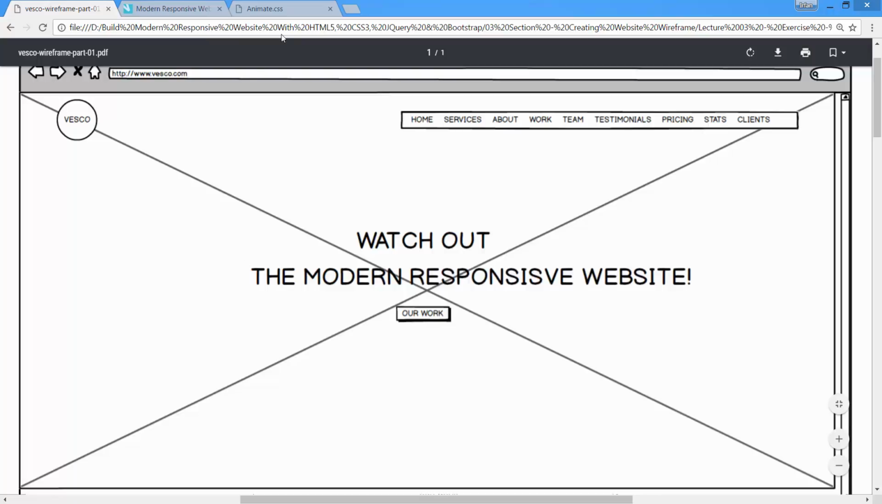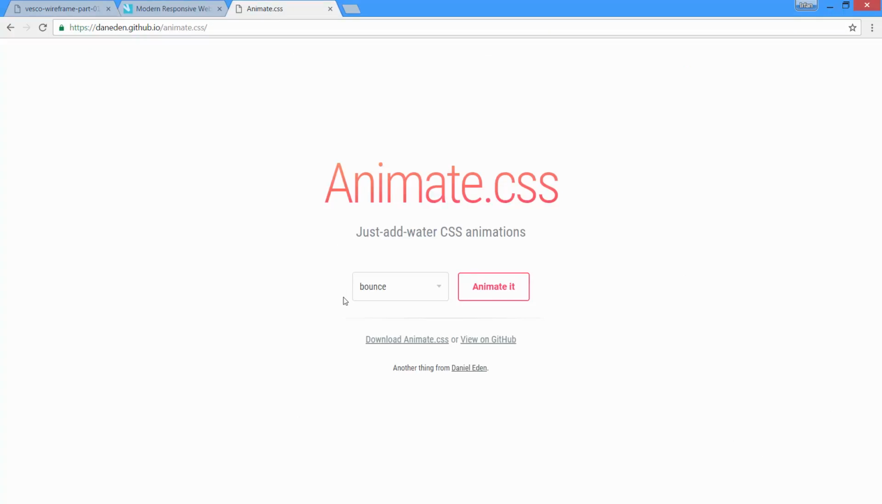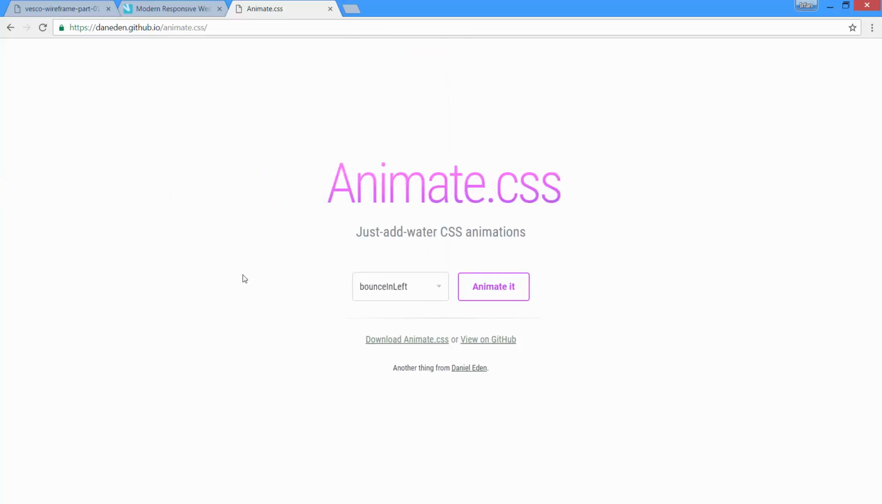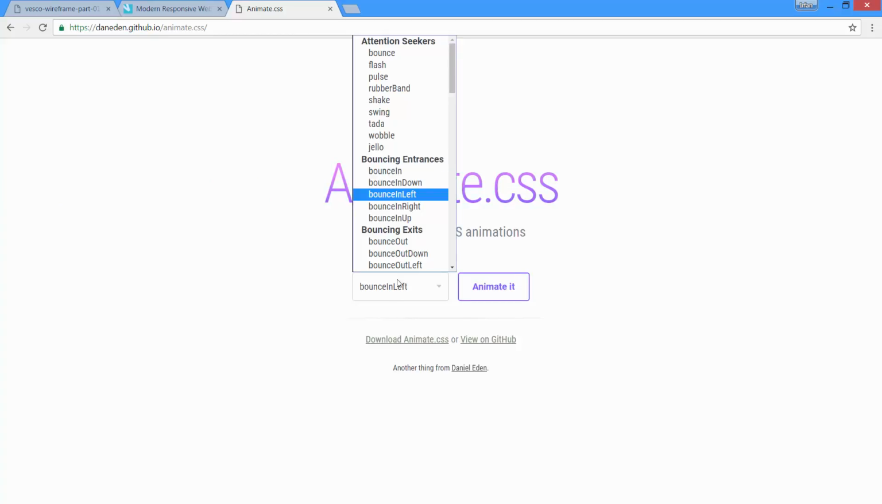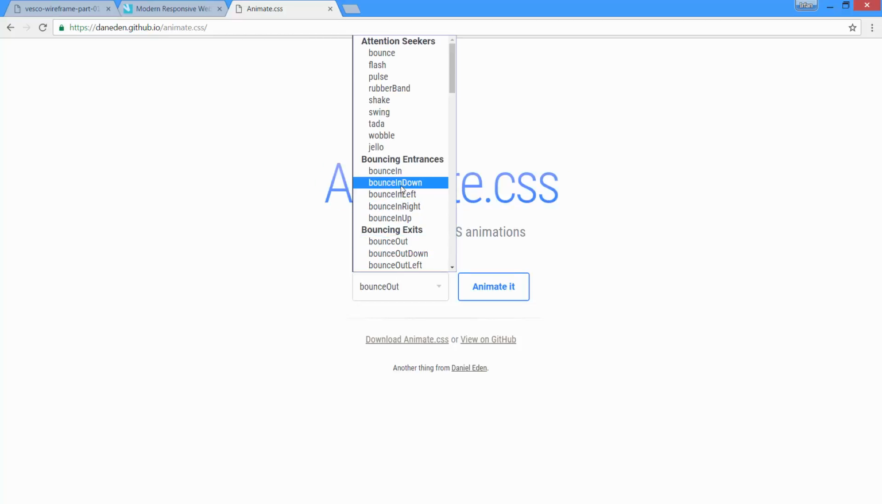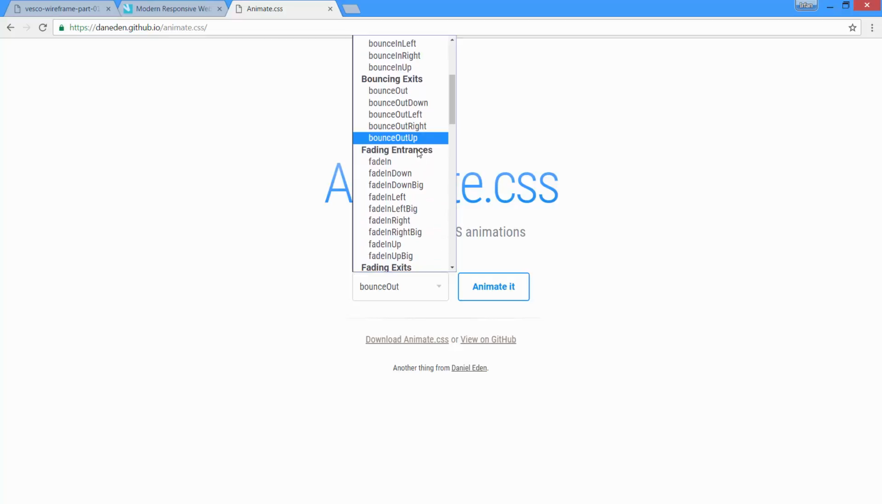I will make it super easy for you. For animation, we will use a free CSS animation library, which is animate.css. Animate.css has a bunch of cool, fun and cross-browser animations for us, and we can use them in our projects very easily. It has animation for bounce in, bounce out, and fade in,